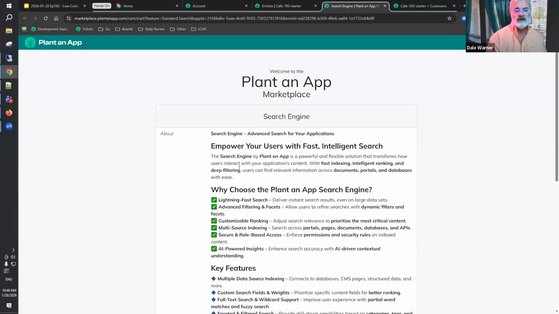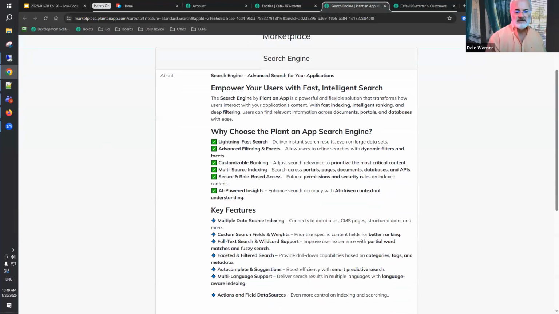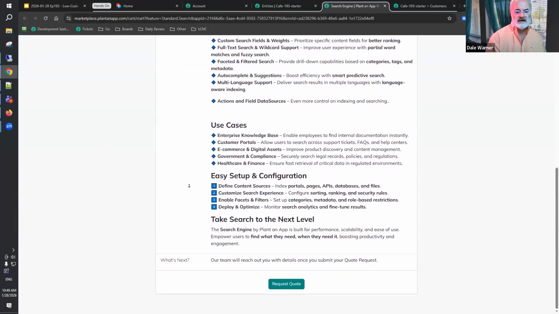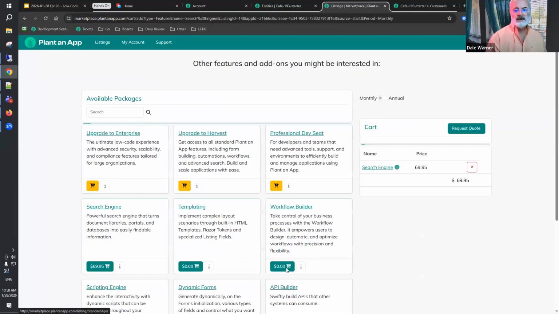So what do you get? Well, it's fast, intelligent search, lightning fast. It tells you about the features. You can learn all about this. Of course, you can ask the sales team to tell you more about this and whether it might fit your use case. We'll certainly help you with that. But if you want to get it, at this point, we're doing it through a quote process. So you click Request Quote. It will put it in your cart. It's going to tell you about all the other things that are available to you if you want to add them. But the search engine is available